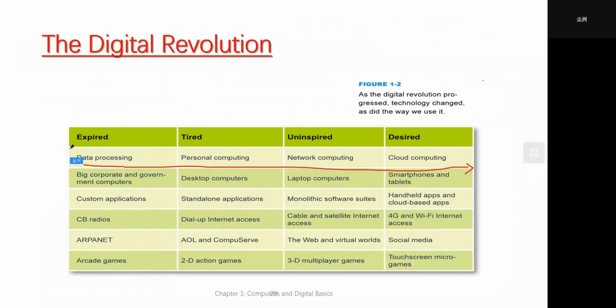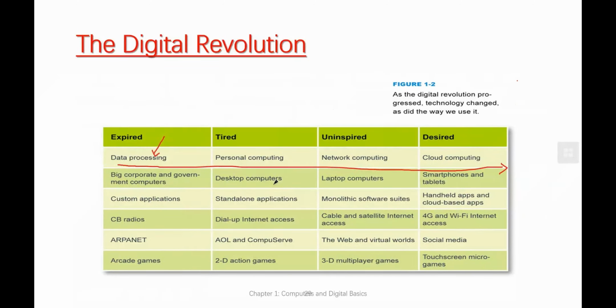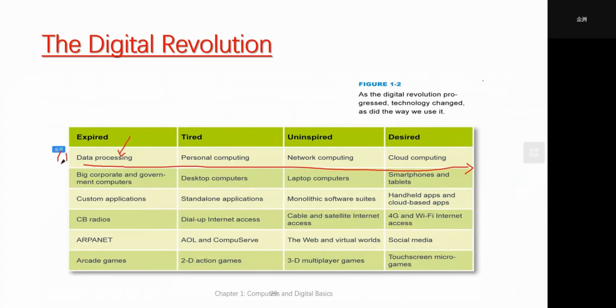Like how we first process the data. The first stage we call the data processing stage. The second stage, we call the personal computing stage. The third stage, we call the networked computing stage. And nowadays, it's the cloud computing stage. And for these 4 stages,